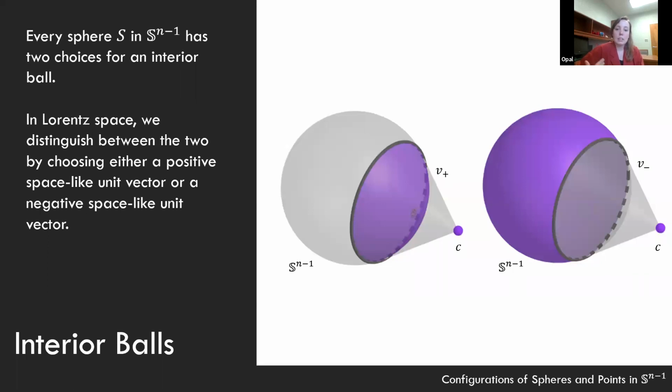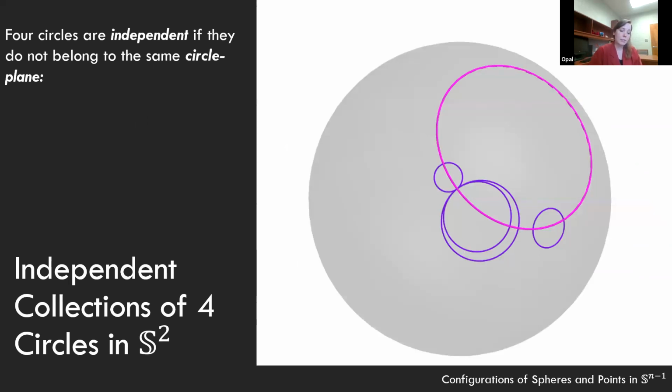Okay, so in that way, the choice of interior ball can be represented with your choice of whether you're looking at positive space-like unit vector or negative space-like unit vector. And at this point, I just wanted to say a little bit about why I'm interested in being okay with this trade-off of looking at a restricted view of what I'll allow for